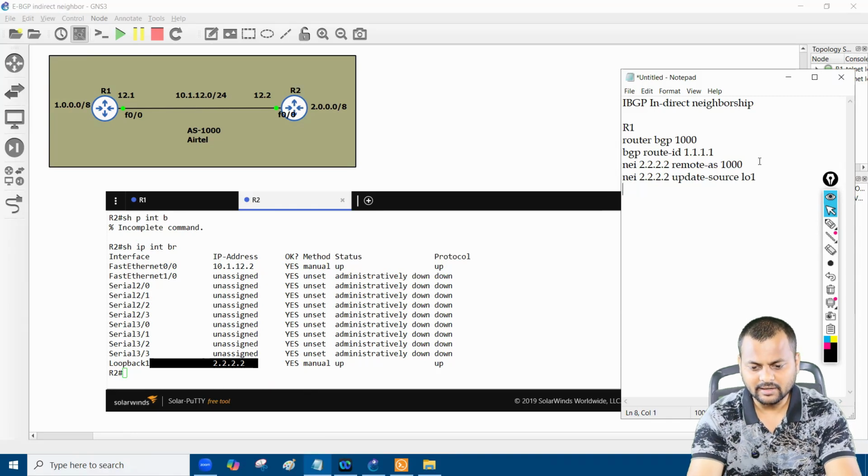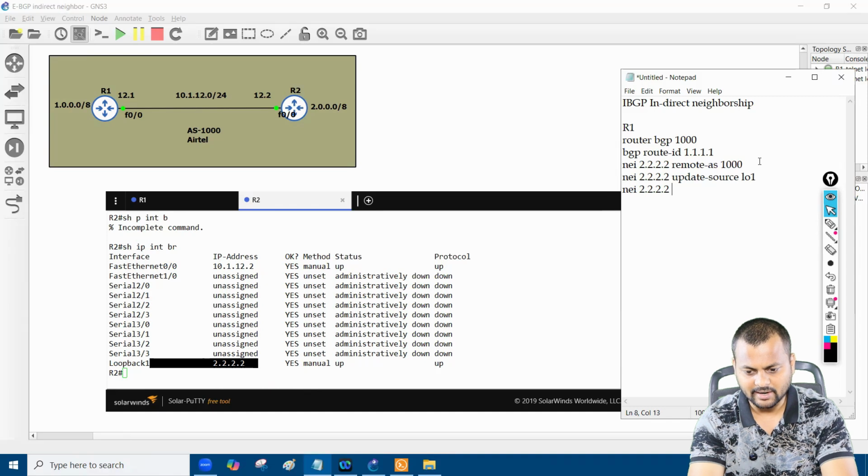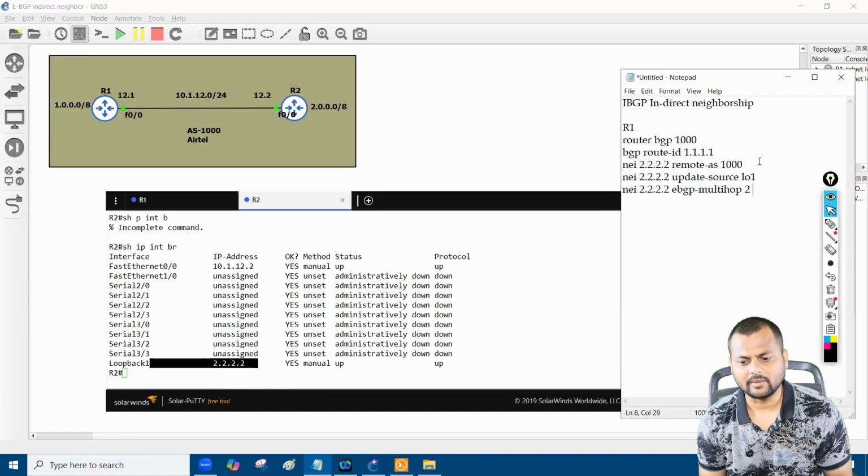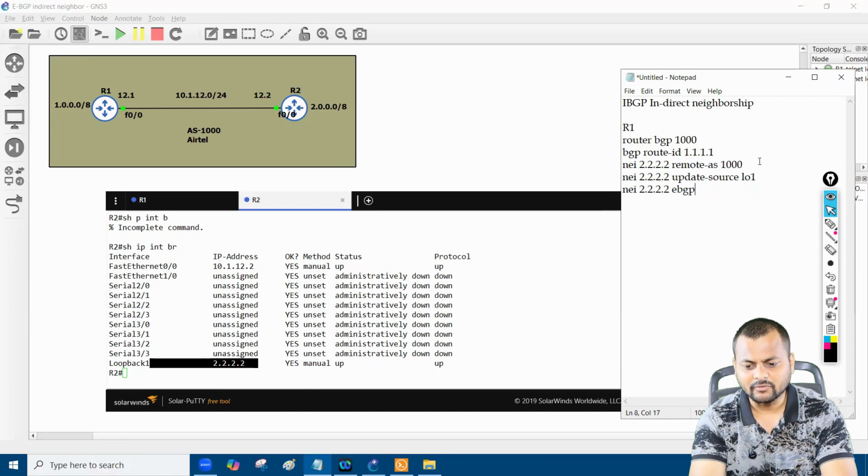If you remember, in the eBGP protocol we need to put this command, eBGP multi-hop. But here we don't need to give this command line, because by default the TTL value for the IBGP protocol is 255. So that's all. This is enough command for the IBGP indirect neighborship.